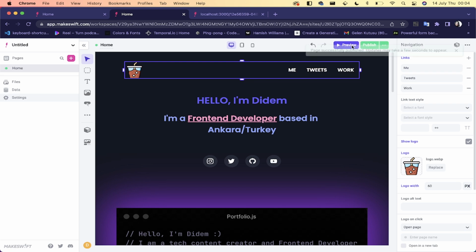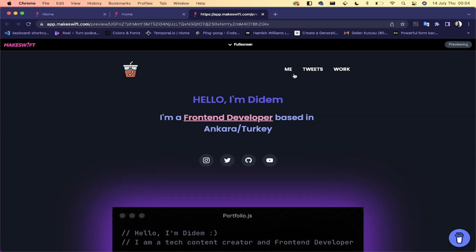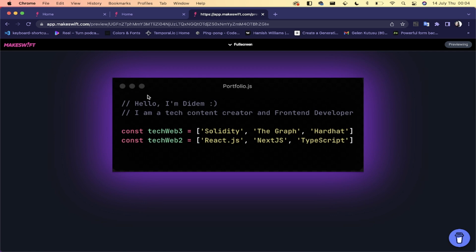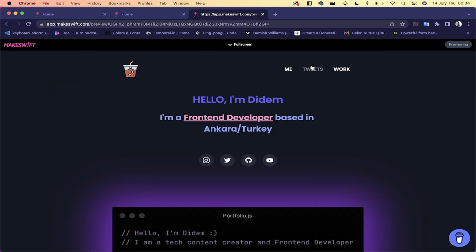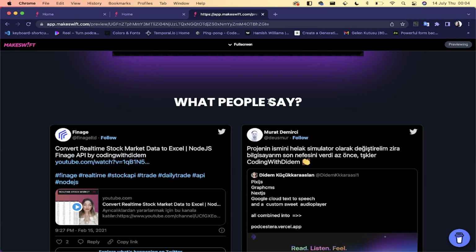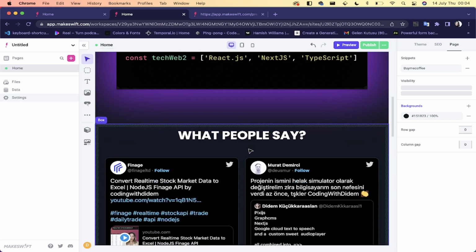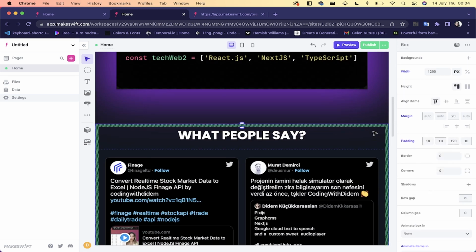So let's publish and preview it. Okay, when I click on me, then it's gonna come to portfolio. When I click on tweets, it's gonna come here, but I'm gonna change it with this other box. So what